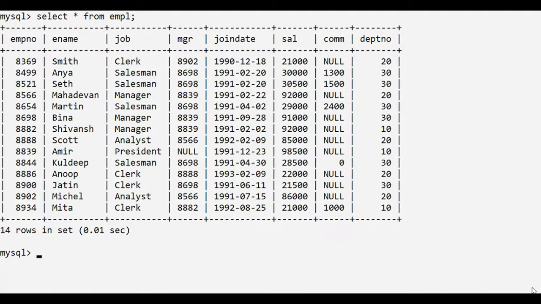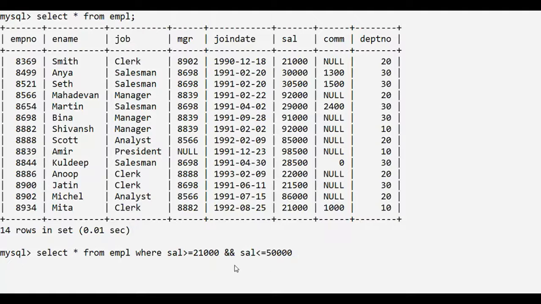We'll rewrite the same query using AND operator instead of between operator. So we write select asterisk from employee where salary should be between 21,000 and 50,000. So we write sal greater than equal to 21,000 and sal less than equal to 50,000.